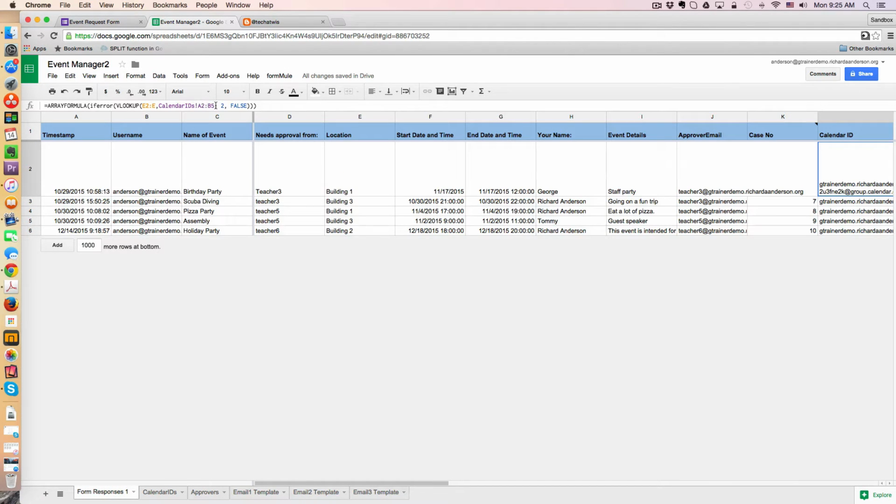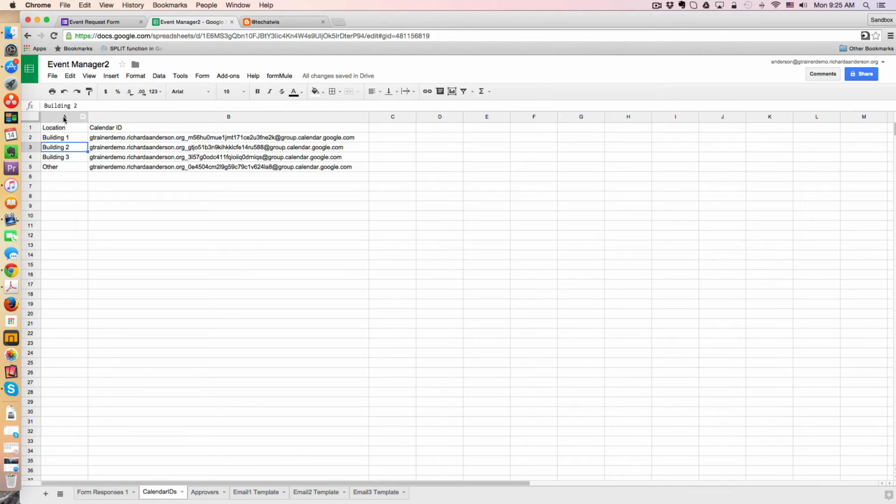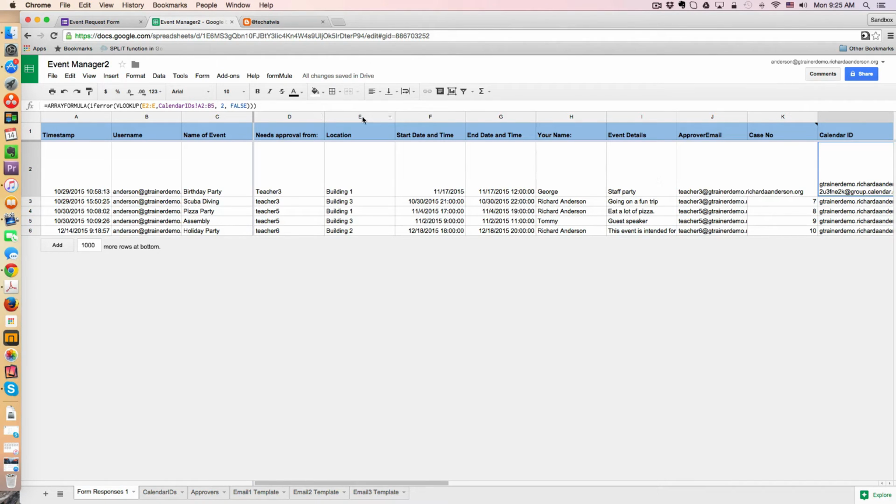And then it's saying we're going to take the second index, okay? So the way this works is that the first column would have an index of 1. Well, the first column is just the name of the building. So we don't want to bring back that information. We're getting that information directly from the form. What we do want to bring back is column 2, which would be an index of 2. So this would be the ID that it's bringing back. So that's how this calendar ID is brought back into